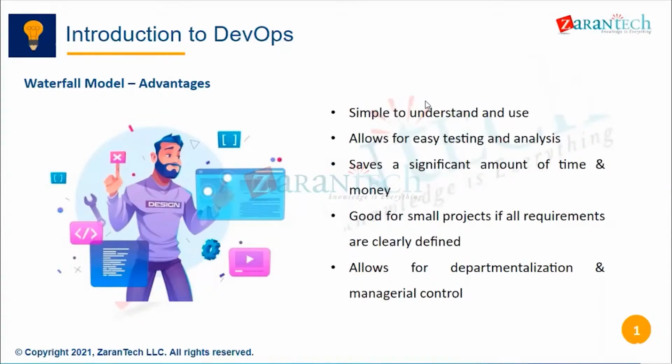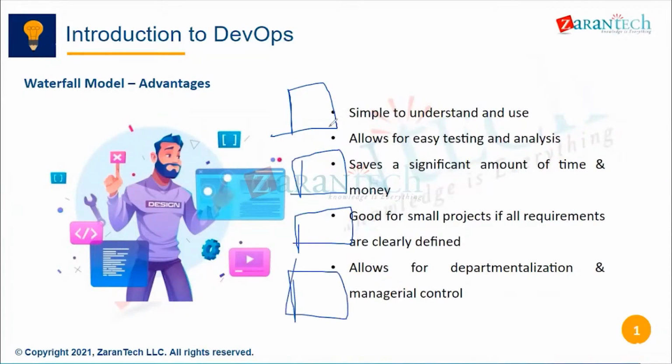So this is a model, the waterfall model. As the name implies, the waterfall model is something like this. You have one box, you have the other box. Top-down approach. That means we start with requirements here,